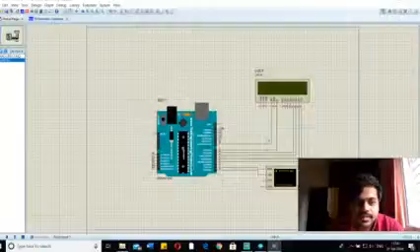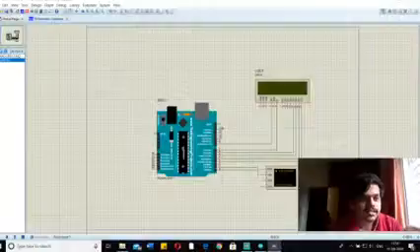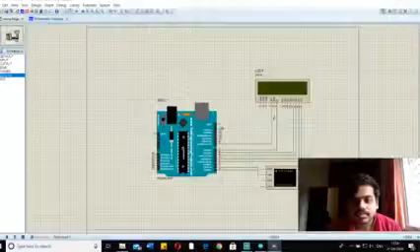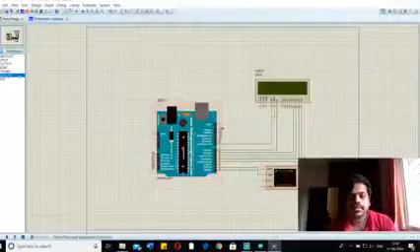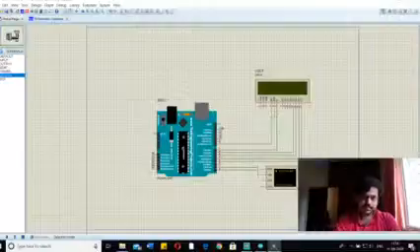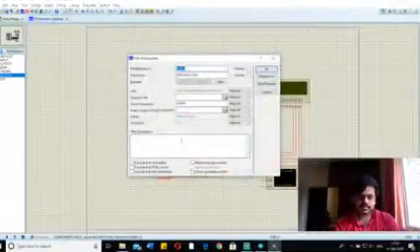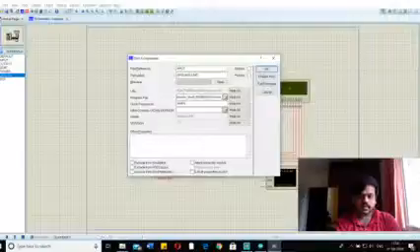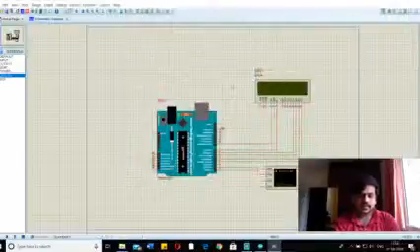Then comes, keep on saving it. This is Proteus 6, okay. Then click on this ground. Connect into ground. Yes, the connections are done, I guess. Only these many connections. Okay. Save it and